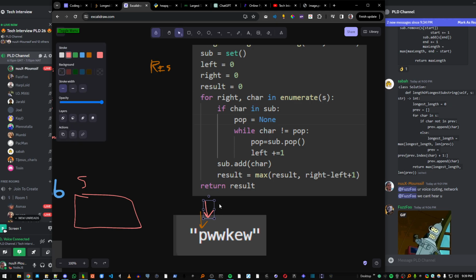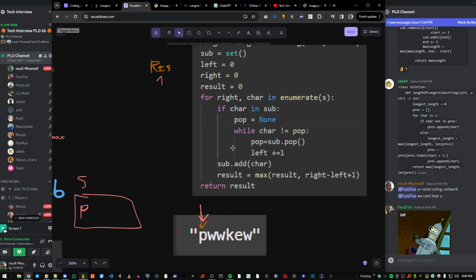Now if the character in sub it's not, so it's gonna add P, and if character it's gonna add it here, and then it's gonna put inside the result the max between the result and the right left plus 1, which in this case gonna be 1, because 0 minus 0 plus 1, both of them are pointing the same character there. So the results first time is 1,